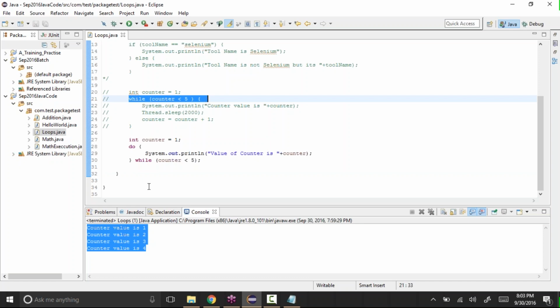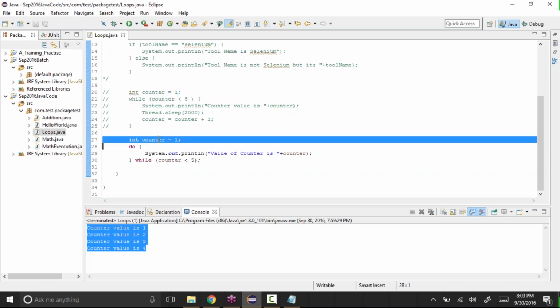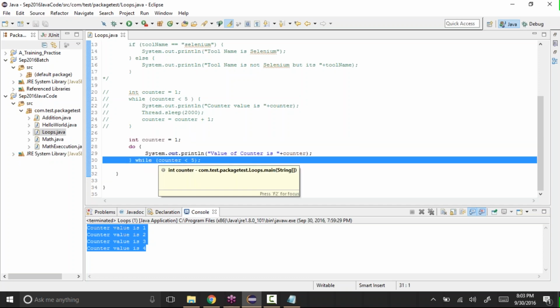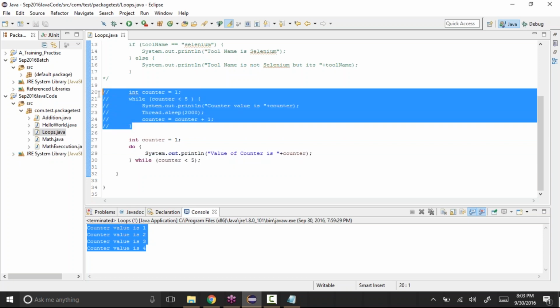But with the do while loop, it doesn't check the condition first. First it executes once and then goes and checks the condition. So by this, even if the condition is false, it will still execute once.